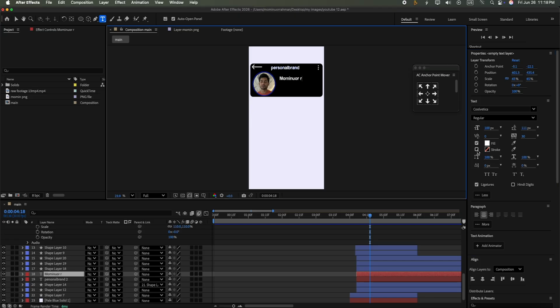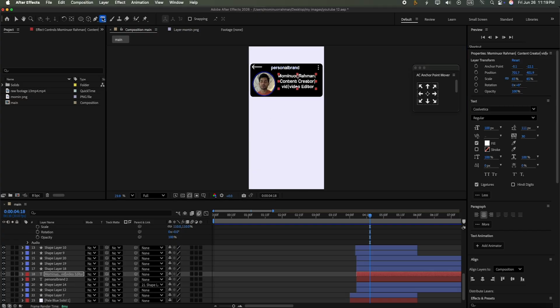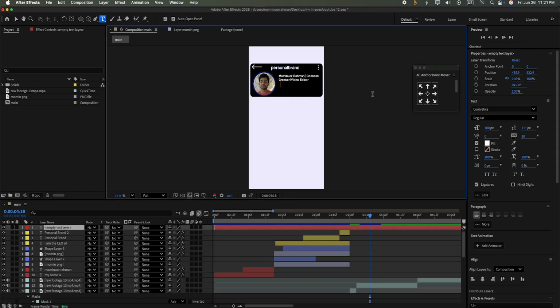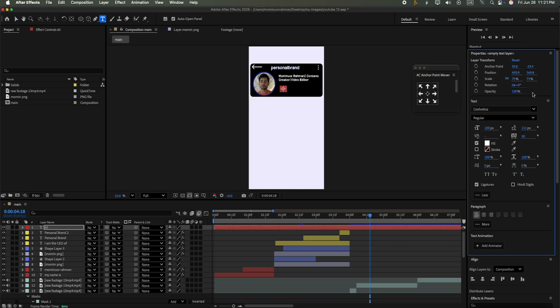Okay, now we split it, and now the name Mominur Rahman, and then write content creator, and then we write the video editor and set on the layer perfectly, and the size is more, and then we set it perfectly on the shape layer, and the scale is reduced. Now we take the 65